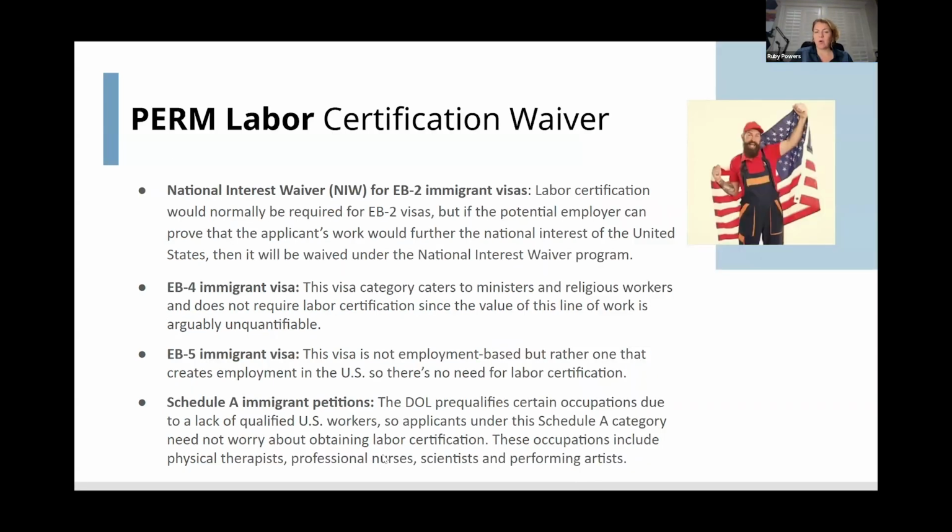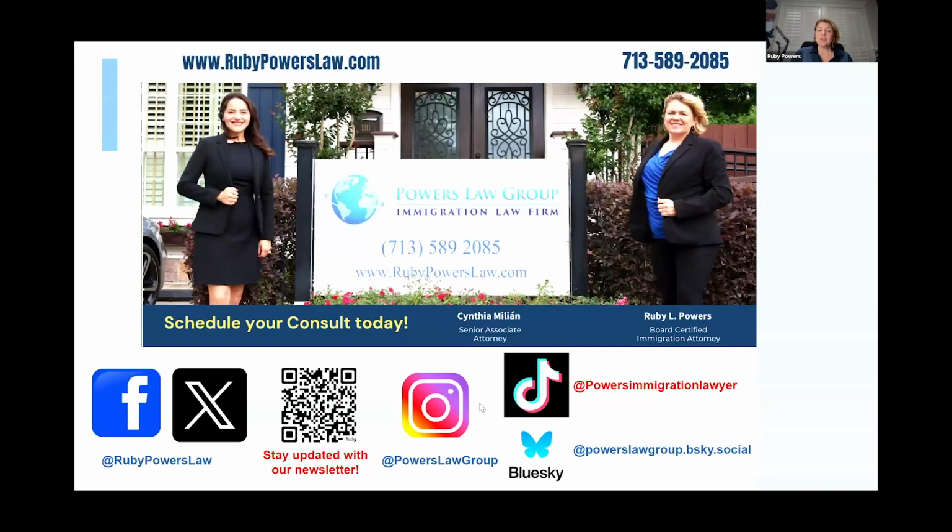It's definitely important to work closely with an experienced immigration law firm in the PERM process. And like we mentioned, there are cases when you can have the PERM labor certification waiver where you don't need to do the PERM process. And here are some examples, like we mentioned, national interest waiver, EB-4, EB-5. So this is overall the process. It can be quite lengthy, but it can be beneficial in the end to obtain legal permanent residency through that sponsorship through your employer. It does take coordination between the employer and the employee and the law firm throughout the